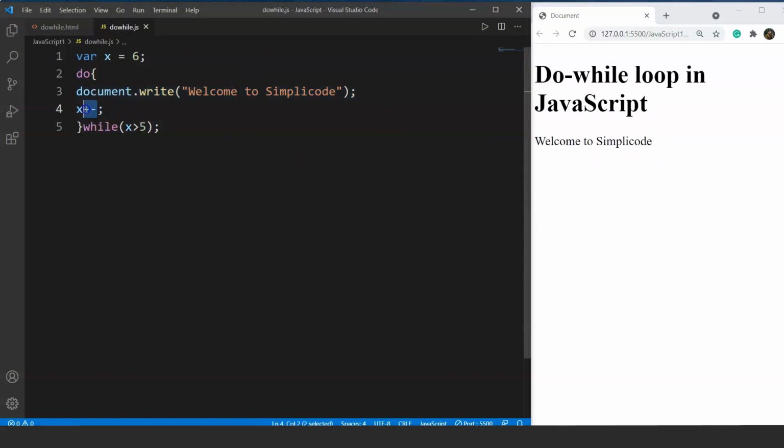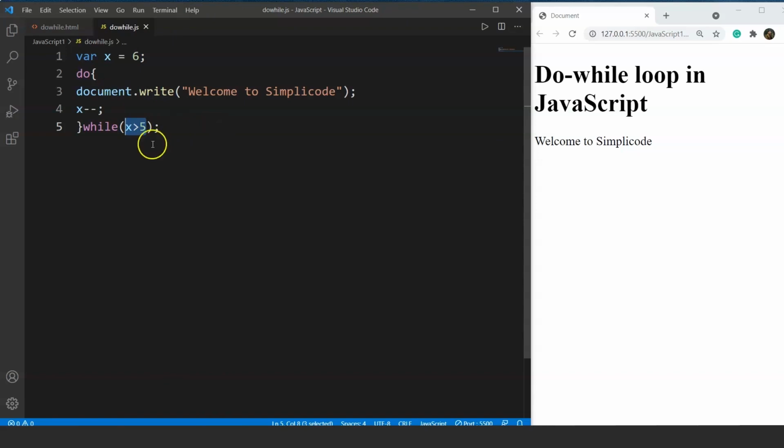So then it will perform x minus minus, means the value of x is now 5 because we are decrementing the value by 1. So when the value of x is 5, then it will check for the condition if x is greater than 5 or not. So here we can see clearly x is not greater than 5 because x equals to 5 and it is equals to 5, right? So it will come out of the loop.